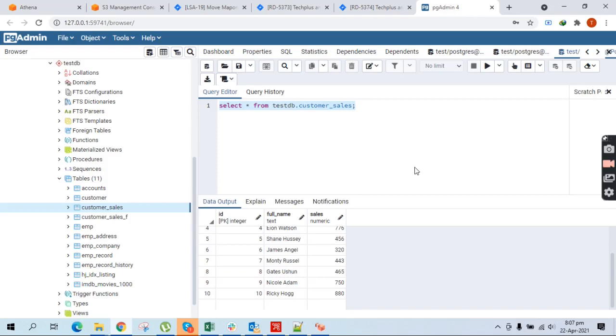So these steps will lead you to save the CSV data with the help of Pentaho Data Integration in Postgres. So you can save any CSV data with the help of Pentaho in Postgres using these steps.